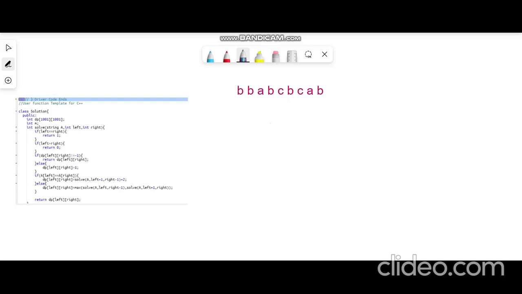We are given a string and we have to find the longest subsequence which is a palindrome. So let's understand what a subsequence is. A subsequence is picking any alphabet from the string in the same, or relative, order. Like, if we pick B,